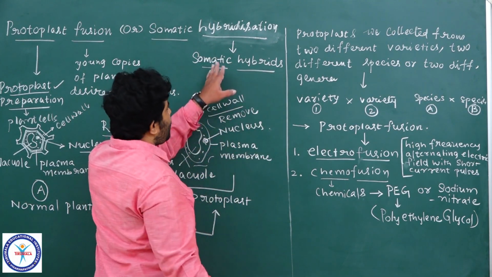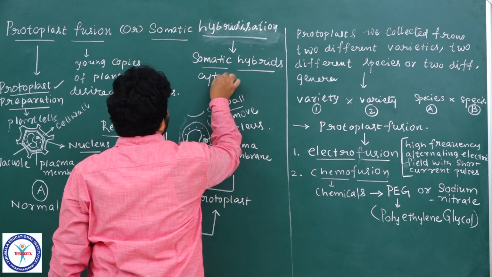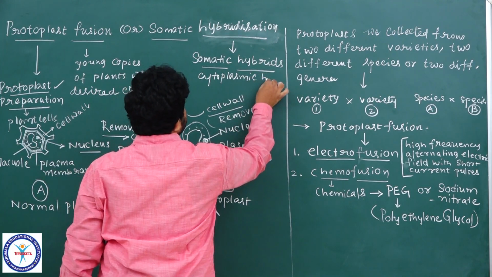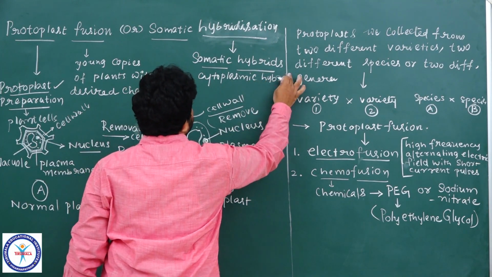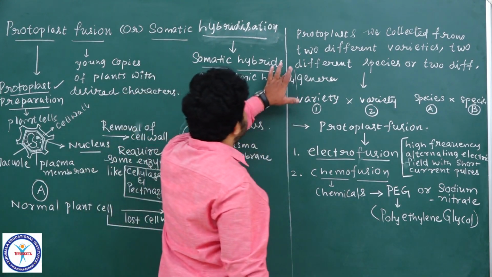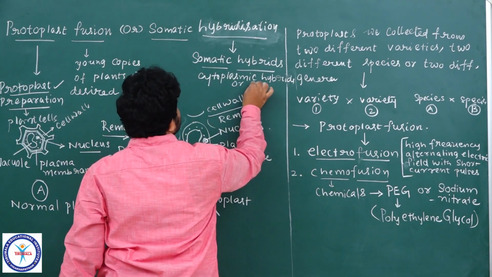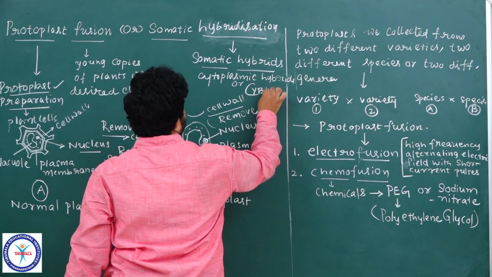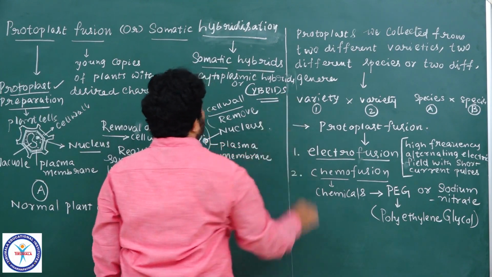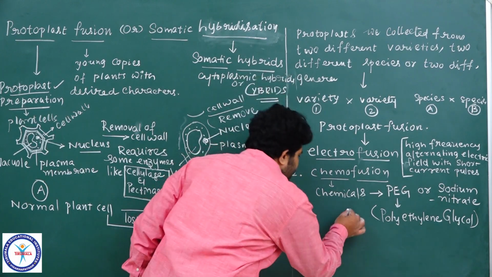Understand? In the somatic hybrid, the cytoplasm is also involved and fused. That's why those are also called cytoplasmic hybrids. Now got the point? So cytoplasmic hybrids. These cytoplasmic hybrids are also called hybrids. Now got the point? So finally, by using this electrofusion or chemofusion,